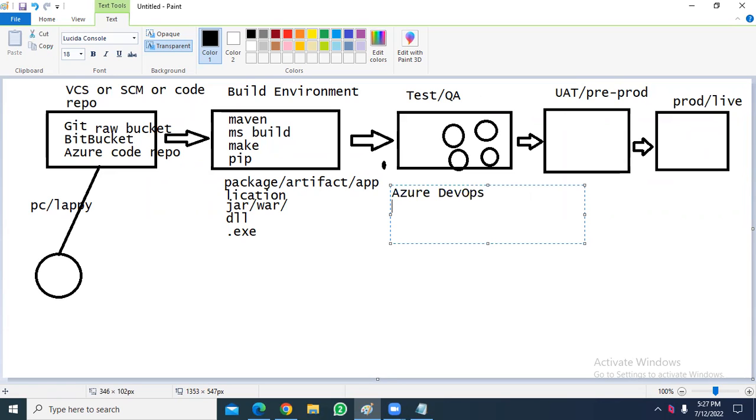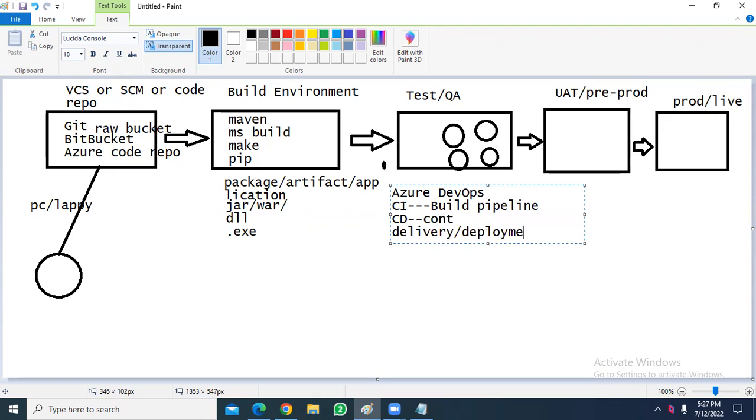One is CI, which is equivalent to build pipeline, and CD, which is continuous delivery or deployment.